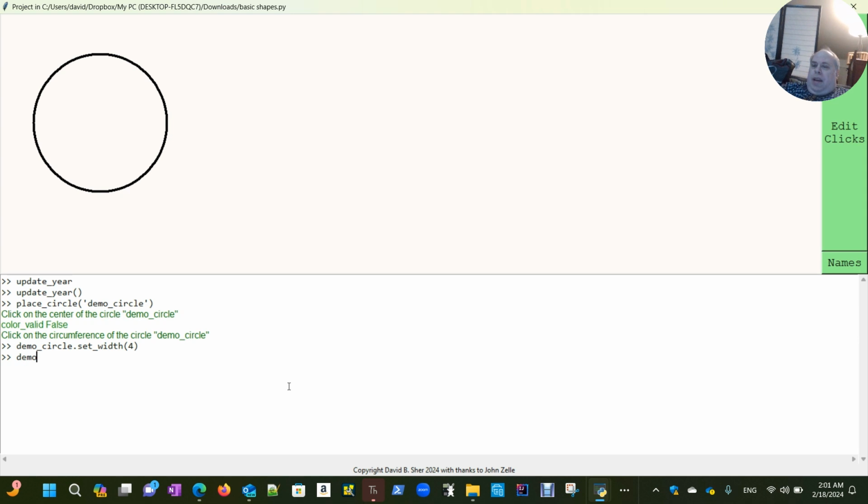I can also change the color of the border using set outline. And I put in any one of the common colors. So I'm going to use, say, orange. Now, you can use exotic colors too, but we'll talk about that more later. Right now, you see now the border is in orange, and I can fill the circle also, and this will